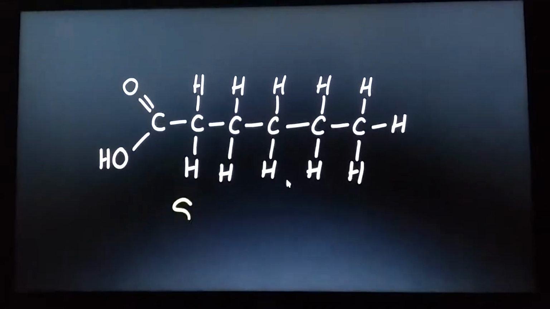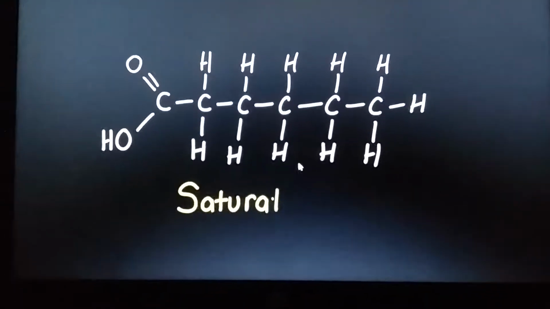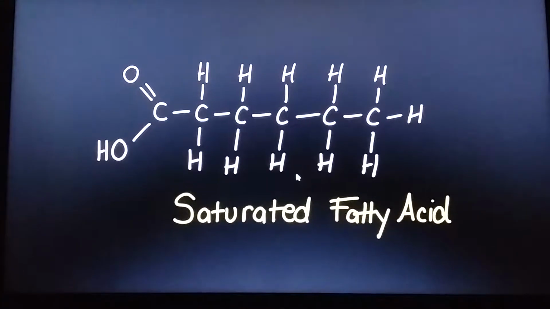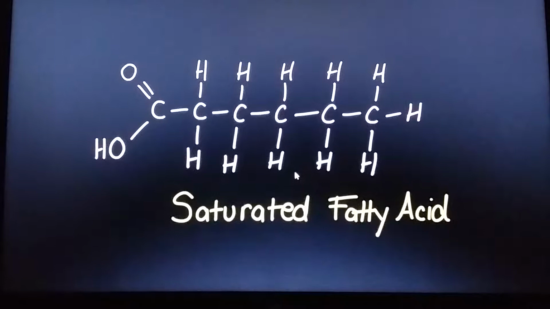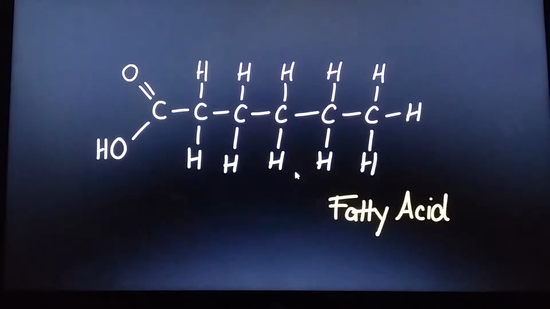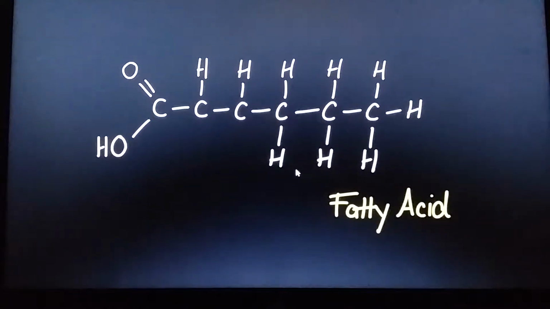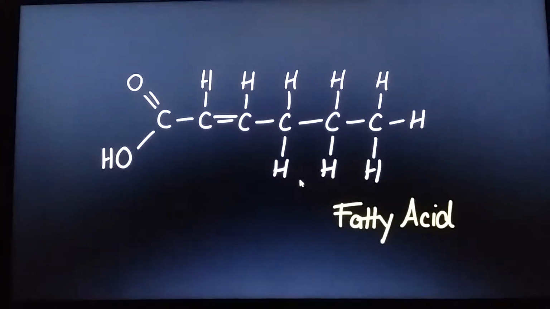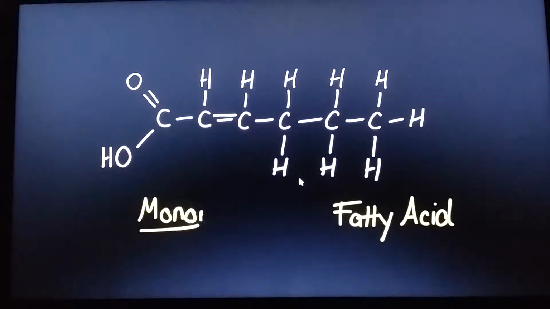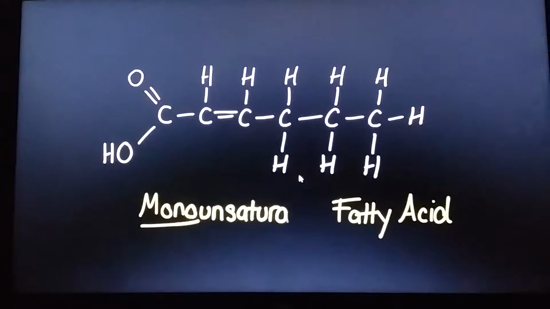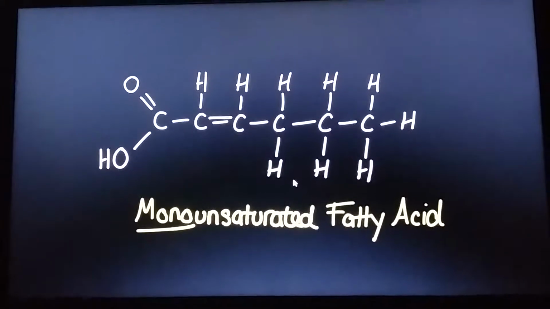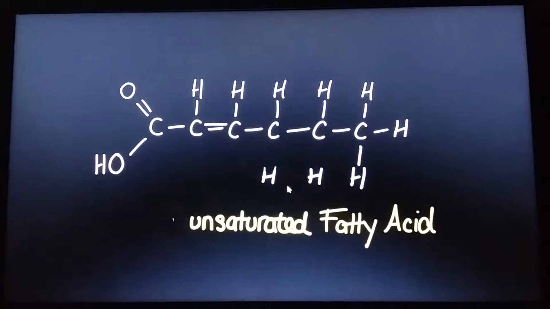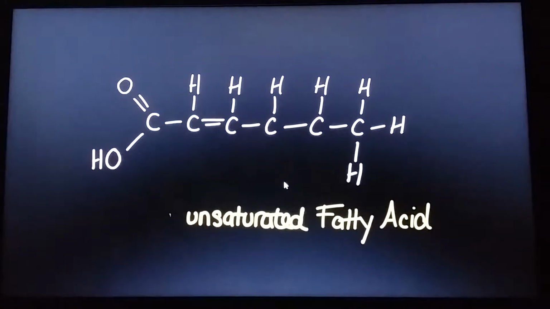Saturated fatty acids are those that are structured such that they only contain single bonds between the carbons in the fatty acid chain. That is to say, there are no double bonds. As soon as you observe a double bond in the fatty acid carbon chain, then you have an unsaturated fatty acid. If there is only one double bond, then you have a monounsaturated fatty acid, because mono means one. If you observe more than one double bond between the carbons in the fatty acid chain, then you have a